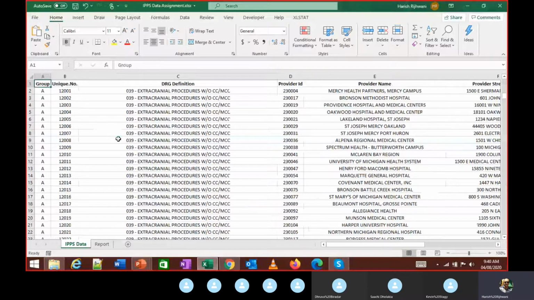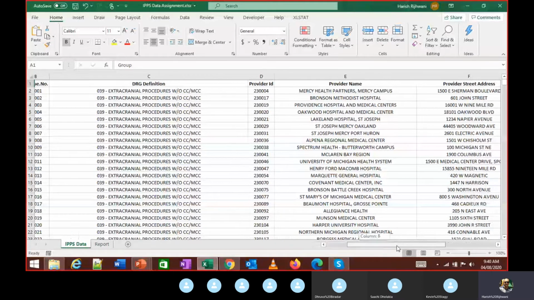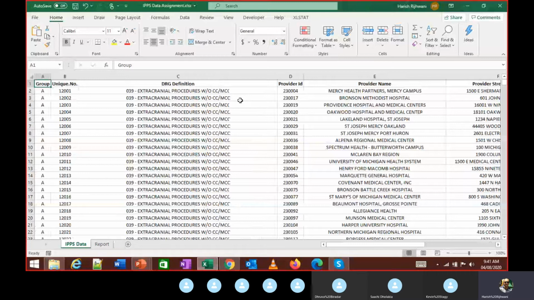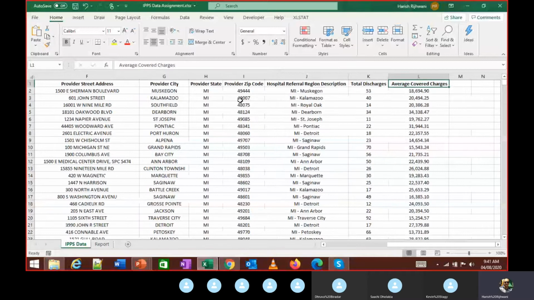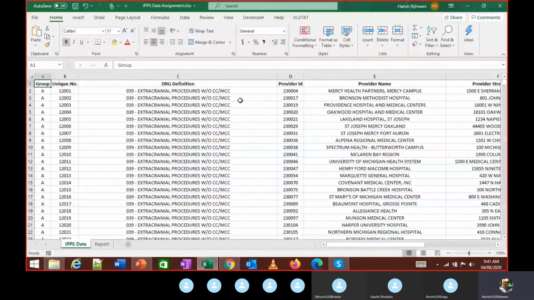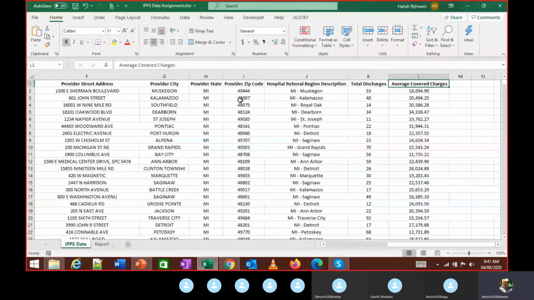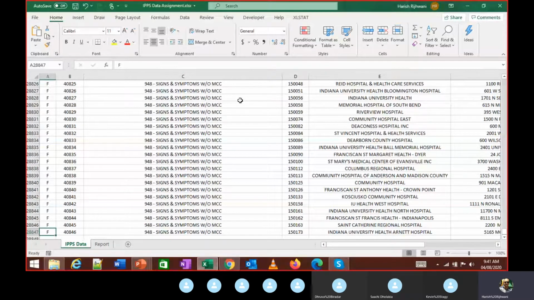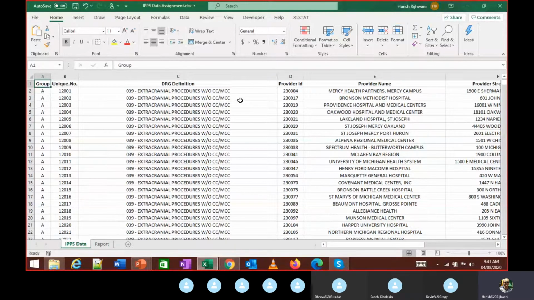So if I want to go to the right, I can navigate using this navigation bar at the bottom. I can use the arrow keys, the right arrow, left arrow, right? I can navigate to the end. But if I want to go directly to the last filled cell, I'll press Control and right arrow. If I press Control and left arrow, it'll go back to the first cell. If I press Control and down arrow, it goes to the last filled cell. Control and up arrow, it goes back to the first cell.